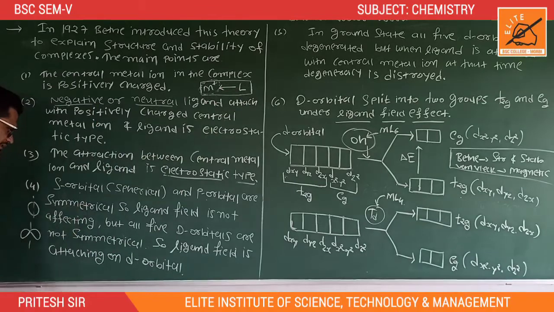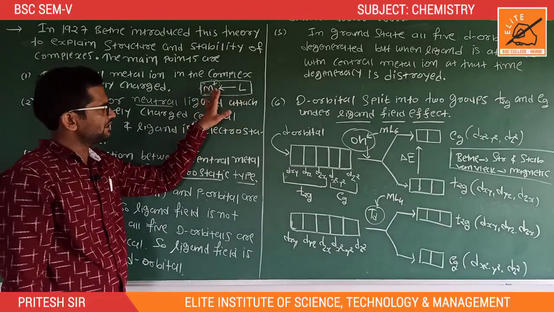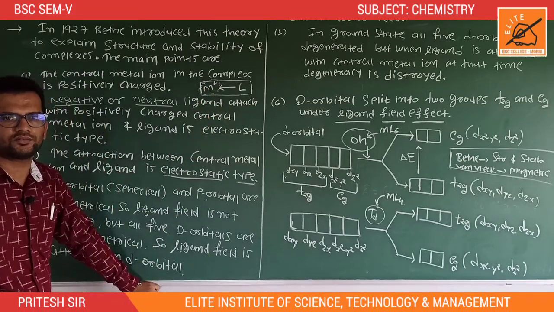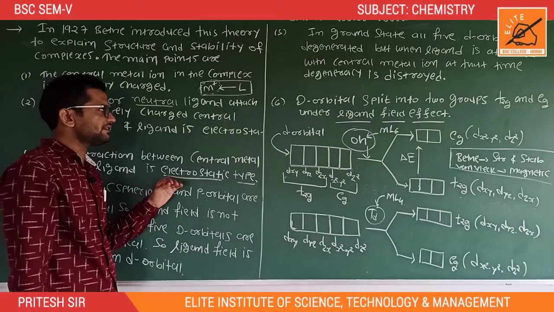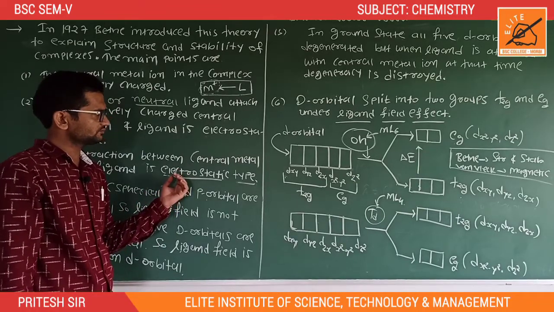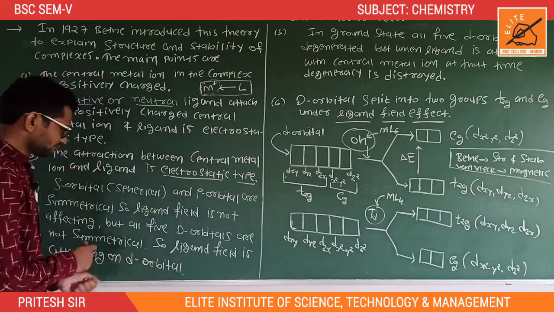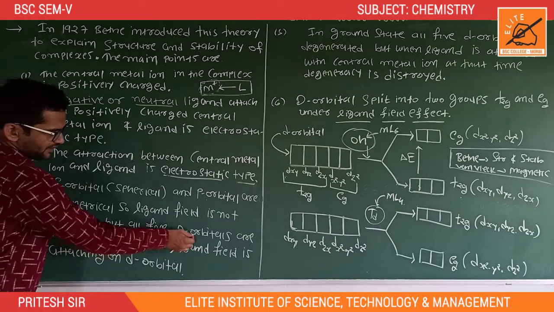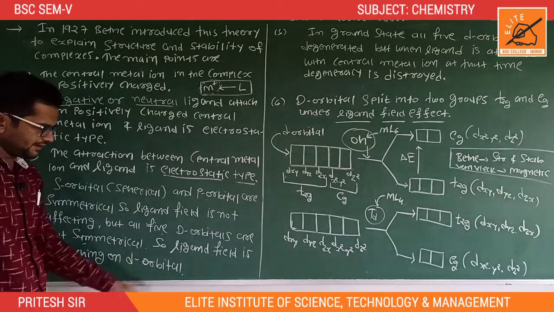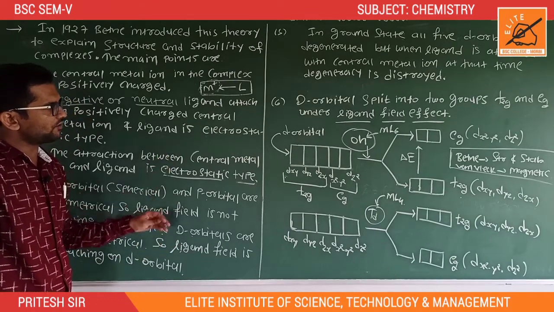Okay, so the first point is when a ligand is attached with a metal ion, at that time the s orbital and p orbital are both symmetrical. So the energy of the s orbital and p orbital does not change. It means it changes a negligible amount. But all the 5 d orbitals are not symmetrical. So the ligand field affects the energy of the d orbitals.